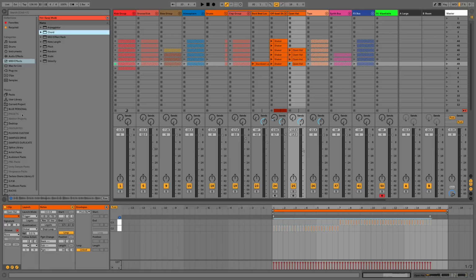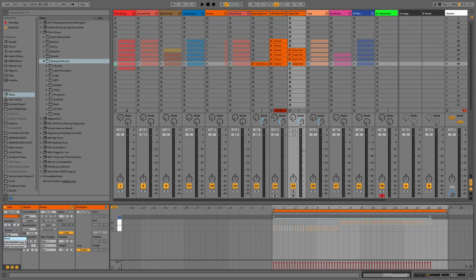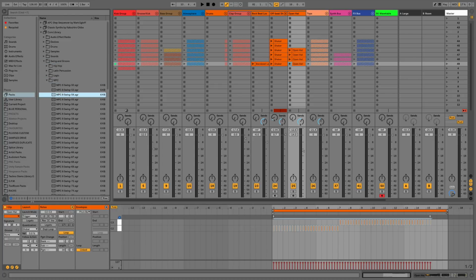There's plenty of features here, so we can just jump in, choose a groove template or a clip for these, and this is going to extract the groove of one of these sounds. You can also see that we get quite a neat way of being able to listen to how the groove is going to sound as well, and then we can apply that to whichever clips we want.